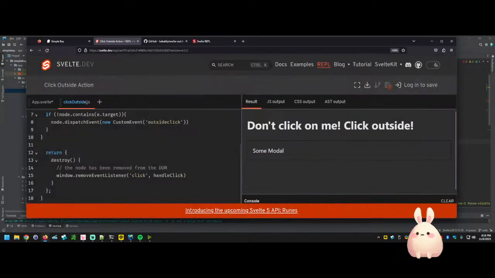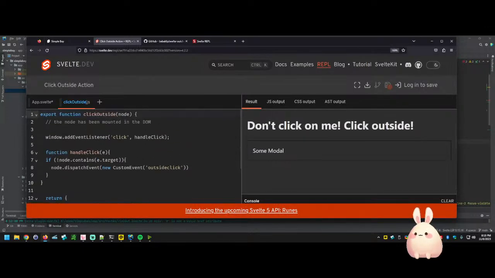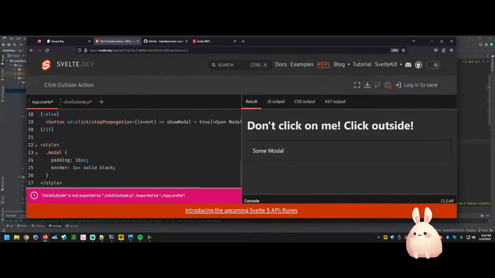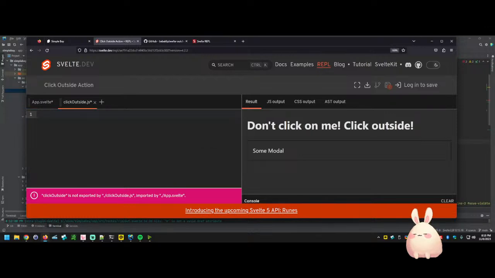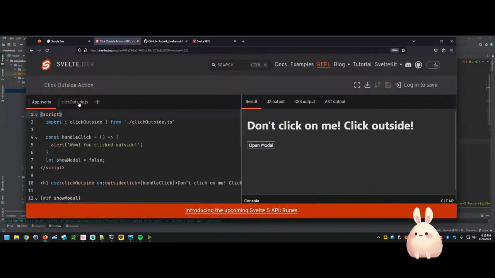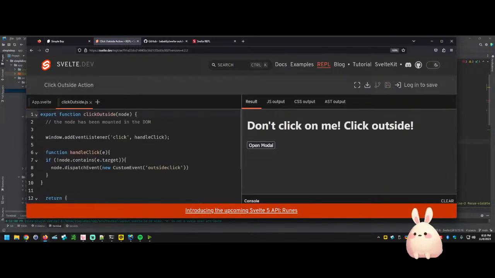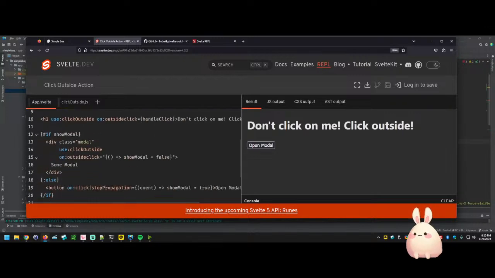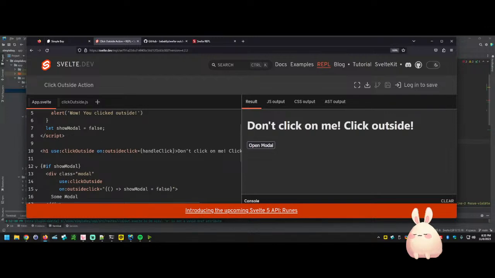I see. Let's take a look at the click outside. So what it looks like it's doing here is... what in blazes just happened? Now let's refresh this page because something weird happened. Here it goes. So they added an event listener, and when they use click outside, I see. So open modal, some modal displays here,